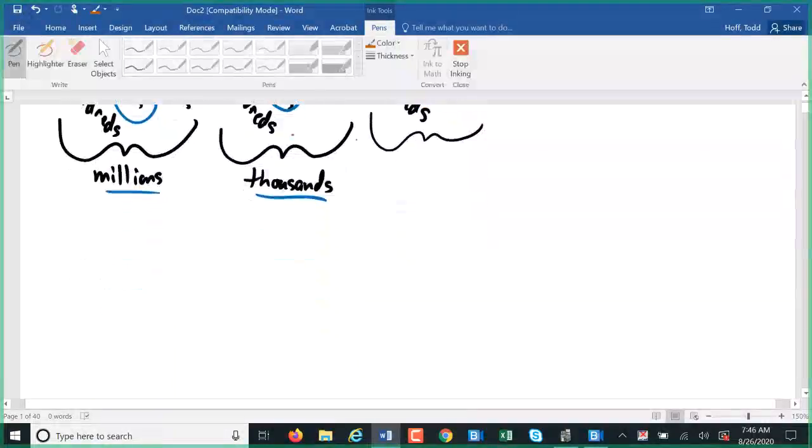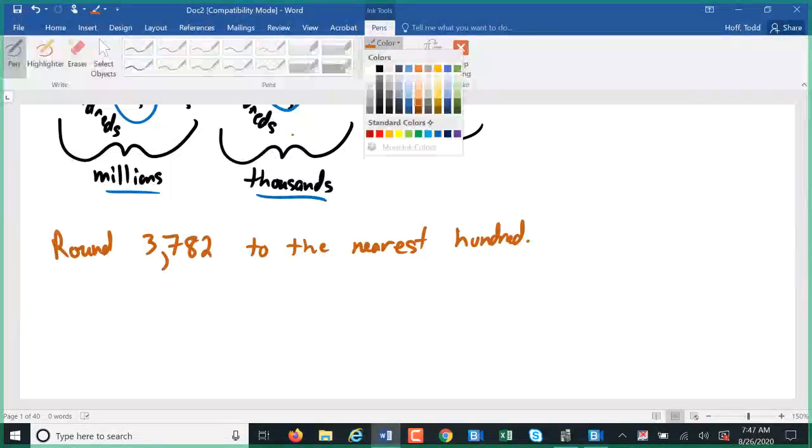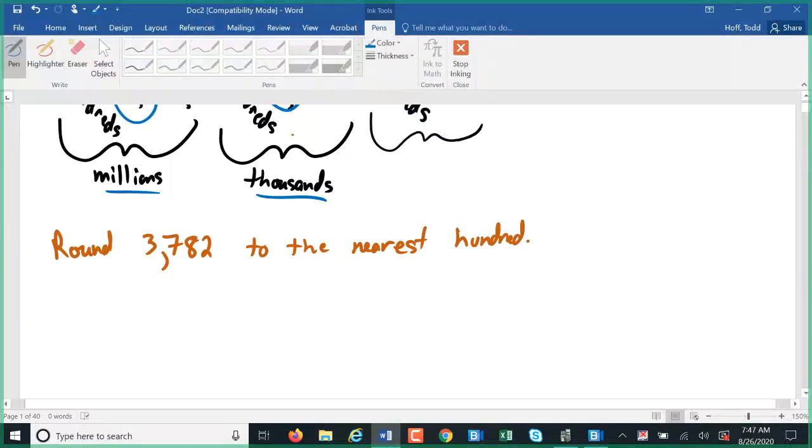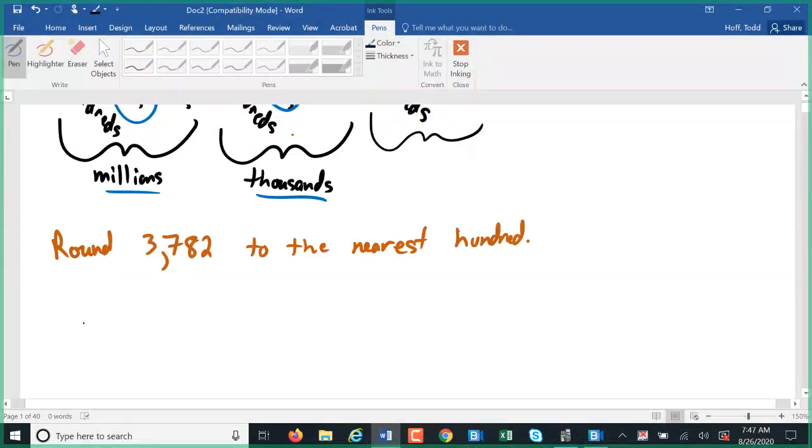One of them is a problem that looks something like this. If I ask you to round 3,782 to the nearest 100, well, we all know how to do that rounding, but I want to show you what it actually really means, what's really happening there. When we say round 3,782 to the nearest 100,